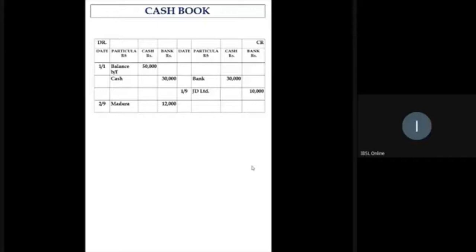Then on 4th September, rupees 1,700 paid to settle the monthly electricity bill. So you have settled the electricity bill on 4th September by paying 1,700. So this 1,700 is now paid by way of cash. So what do we do? We credit the cash column, and my description would be the corresponding account, which is electricity. Because what I will do, I will debit my electricity expense account for 1,700 and credit cash for 1,700.